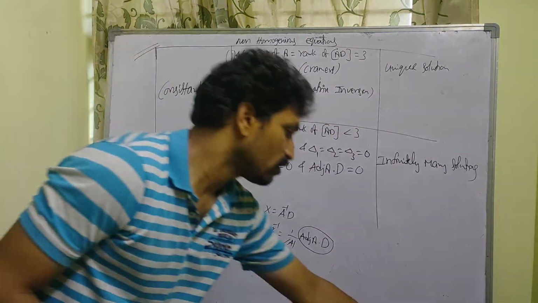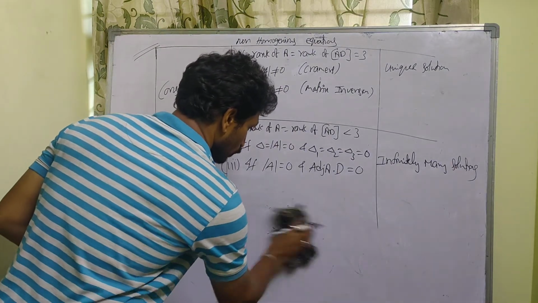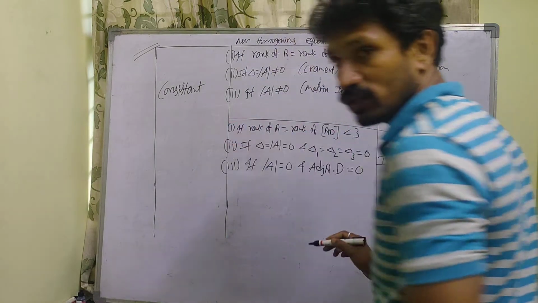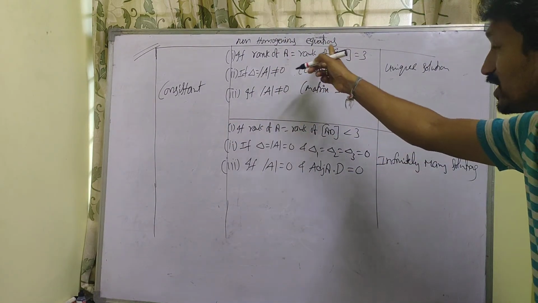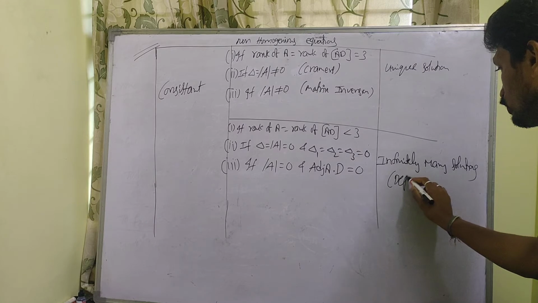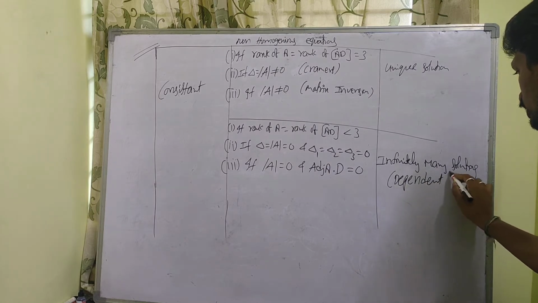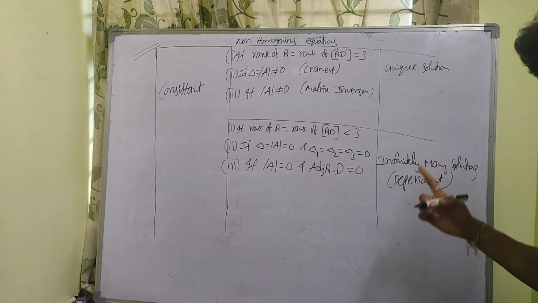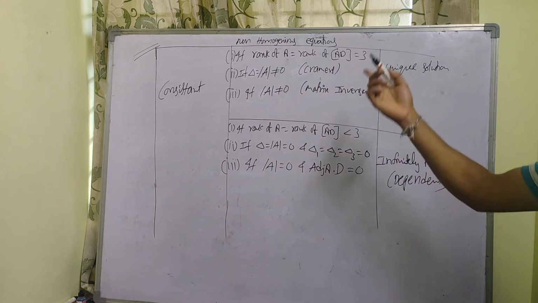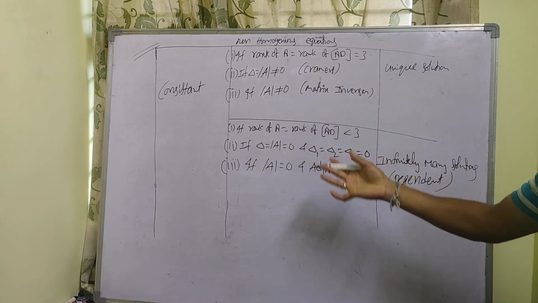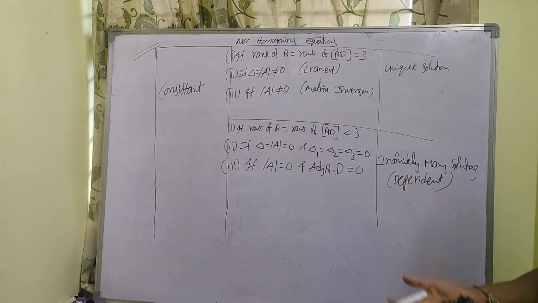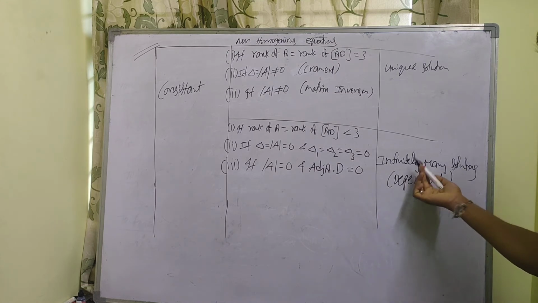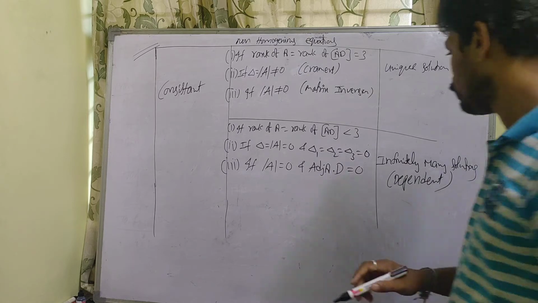Okay, next last case. Infinitely many solutions means dependent, and that system is called a dependent system. Just remember, whenever you have infinitely many solutions, the system is called dependent. Sometimes they may give 3 equations and say the given equations are dependent, then find the unknown value they are asking, like lambda. So dependent means infinitely many solutions, remember.